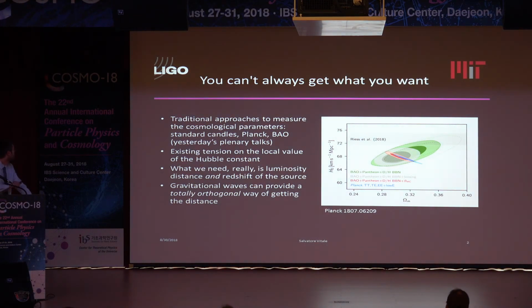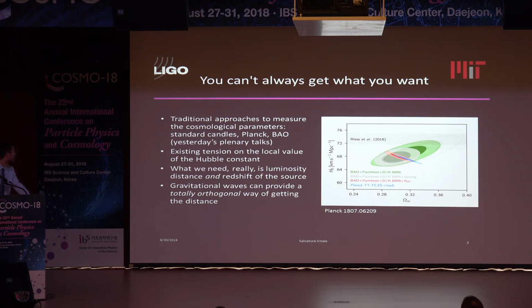Okay, so let me give a bit of background, although it's not really necessary after yesterday's session. I'll be very quick. We have a way of measuring cosmological parameters. We actually have a redundant number of ways, and you heard a lot of very good talks yesterday about that. Unfortunately, while overall the big picture is probably clear, some of these methods disagree, in particular on the value of the Hubble constant, in a now significant way.